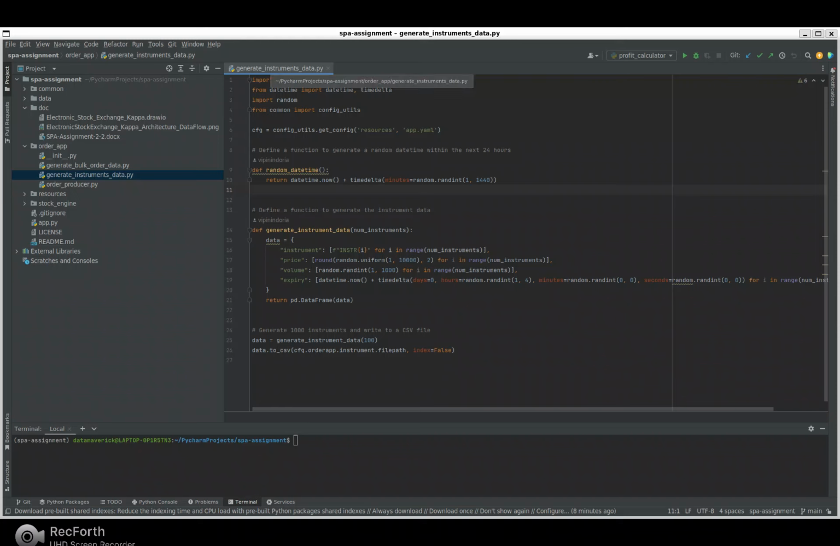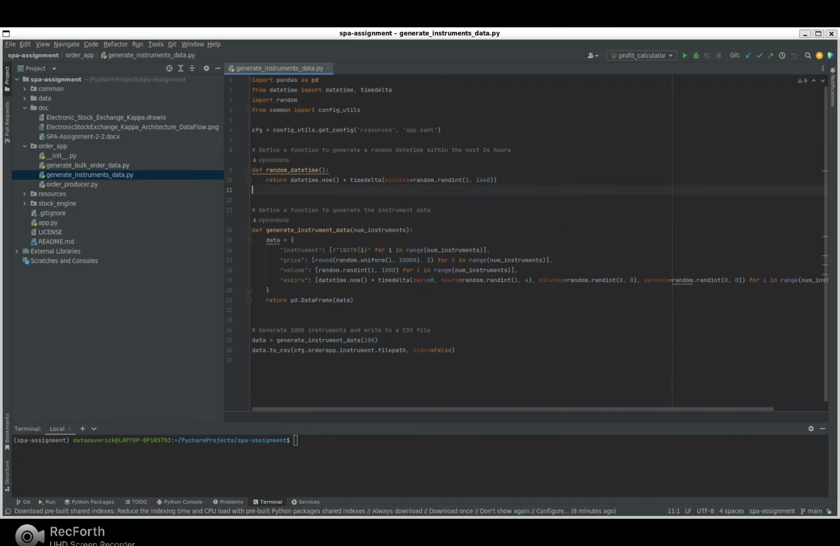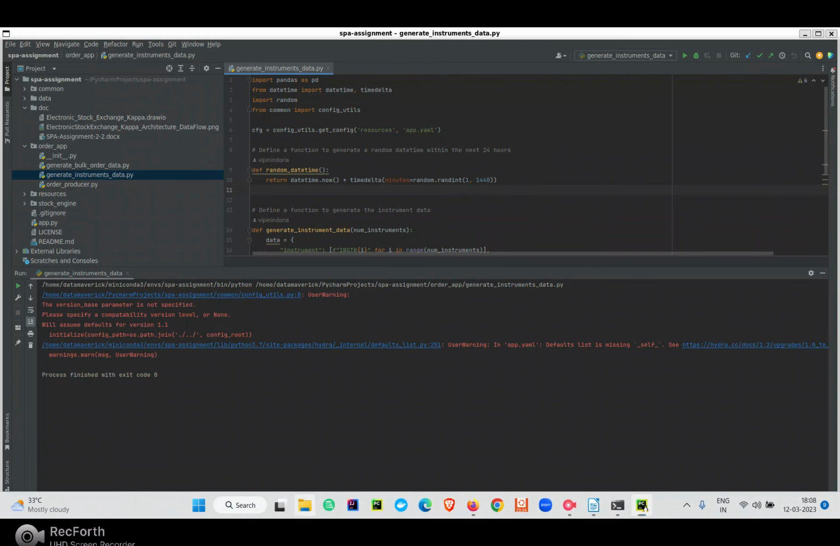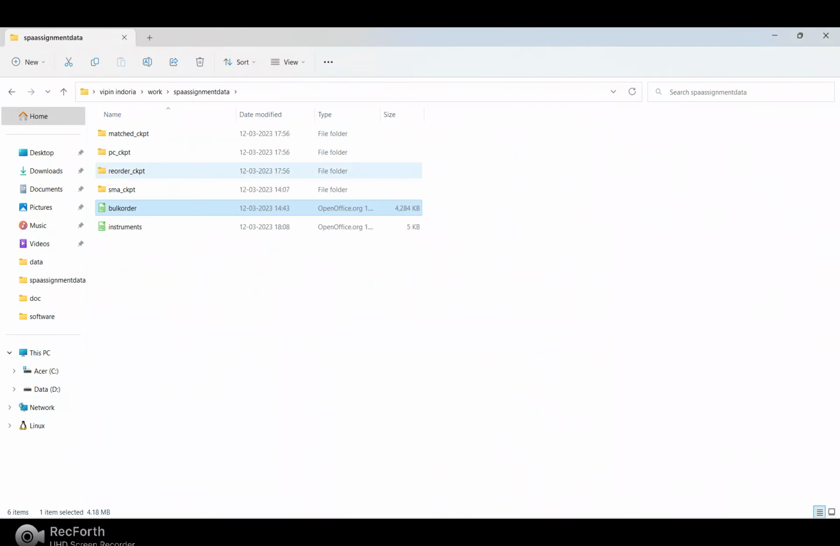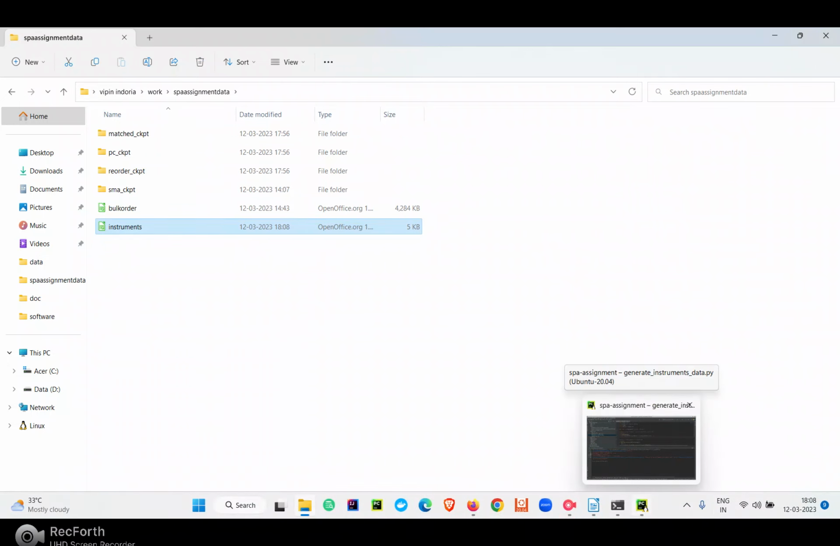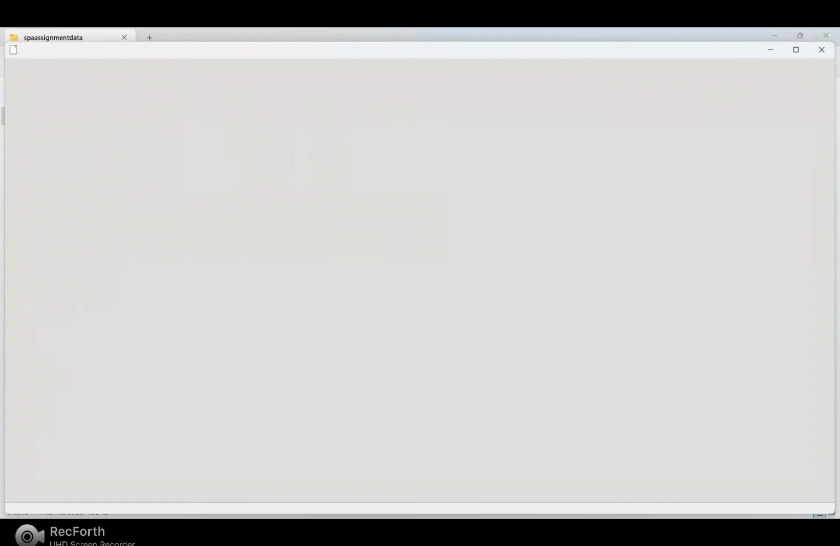the bulk orders. So this is the generate instrument data. This is the reference instrument data, which has values like instrument ID, then price and volume, and expiry for that instrument, traded volume and expiry date for that instrument. So we'll run this, and it will generate a file here. So this is generated at 608. And if you open this,